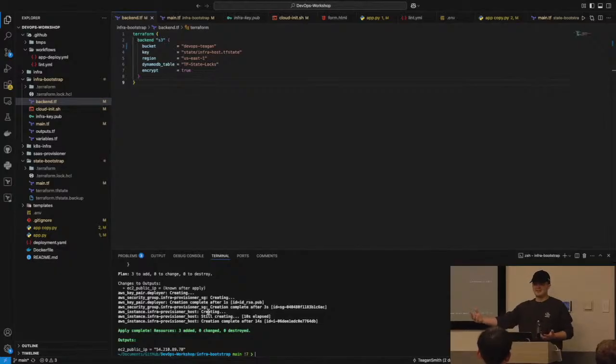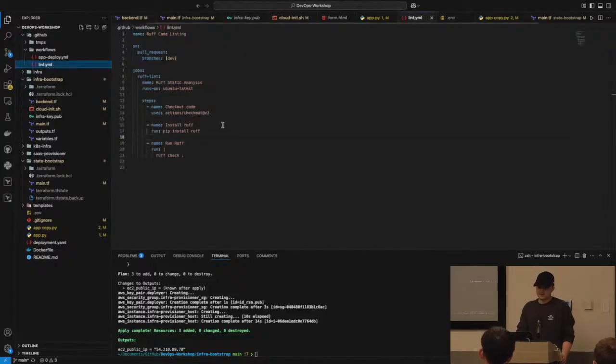A lot of people might think, how does this actually work? How can we test what bad code is before it even gets out there, right? Because you don't want this code to hit production before you sit there and worry about it. So what different companies do is they use things called pipelines, and GitHub uses those via workflows. Right here, what we have is basic Ruff code linting. Workflows are a pipeline of steps to pass code or anything of that nature through before you push it.